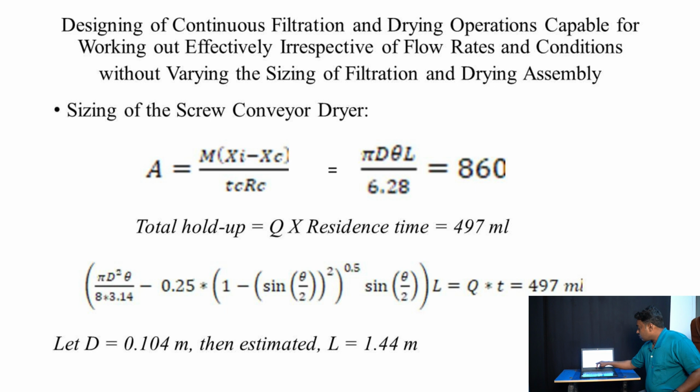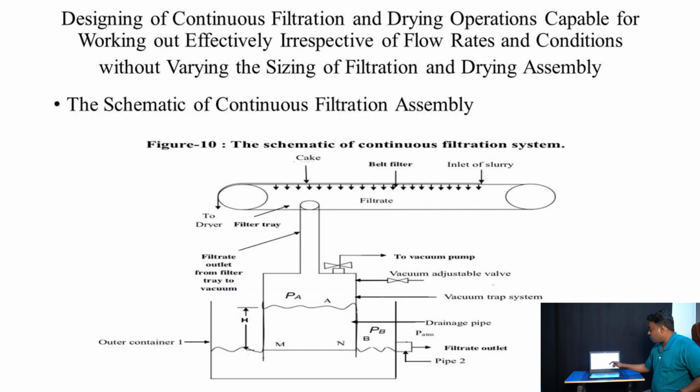this cross-sectional curve length into this length L, means this area. By solving these two equations simultaneously, the length of the belt filter screw conveyor dryer has been estimated, and it is 1.44 meter. This is the novel part of the continuous filtration system, because as we already discussed, the rate of filtration